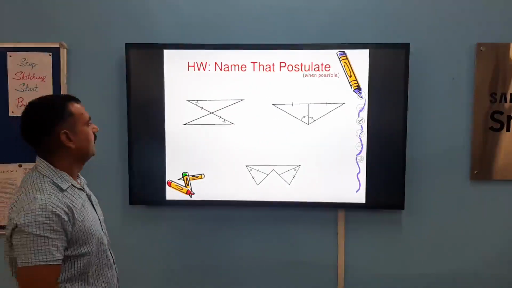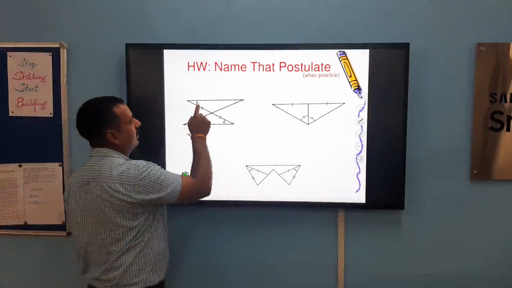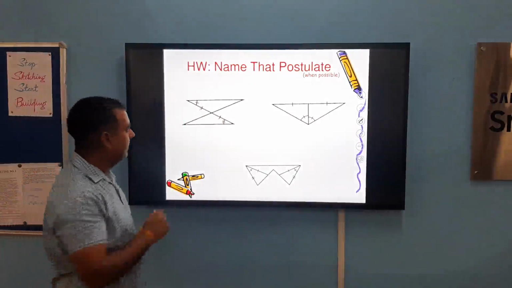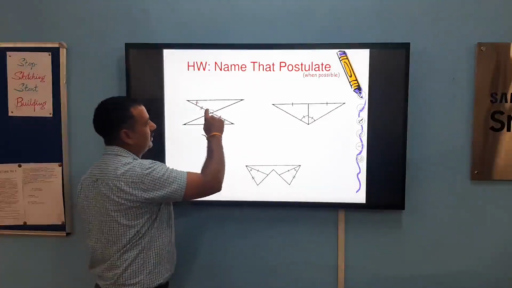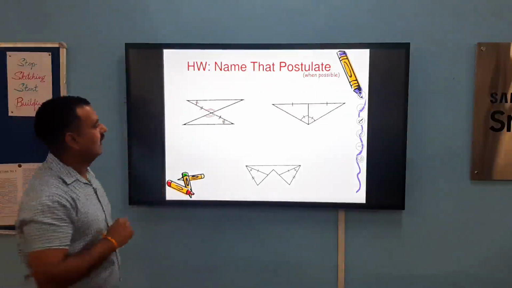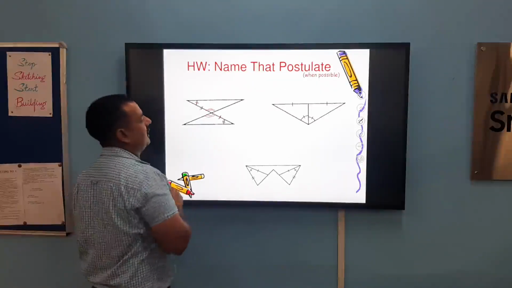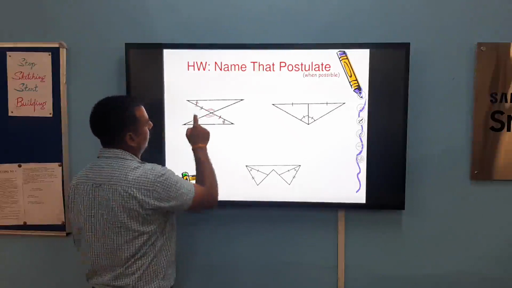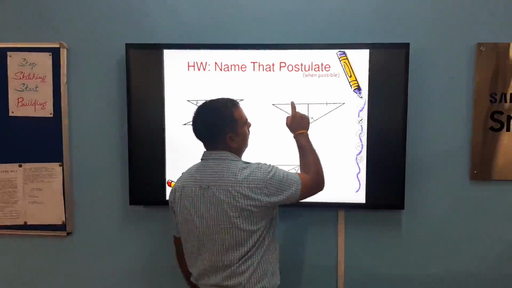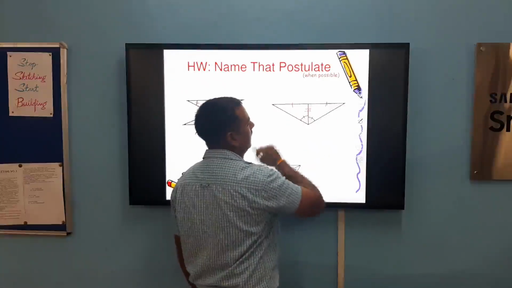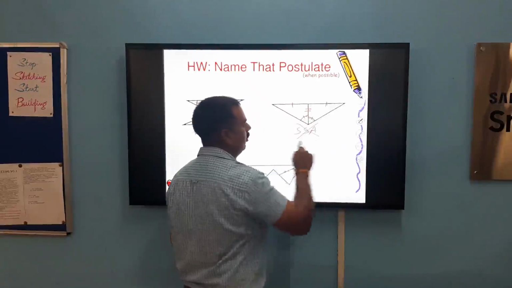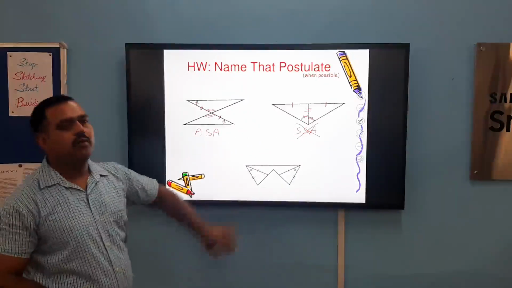Again, here are some examples. In the first example, one angle is given and one pair of equal sides is given. Here, vertically opposite angles are always equal. We know that when two line segments intersect each other, there are pairs of vertically opposite angles, which are equal to one another. So we use ASA. In this case, one side is equal, one side is common, and one angle is equal. But SAS is not a criterion here. Similarly, we do the next one also.